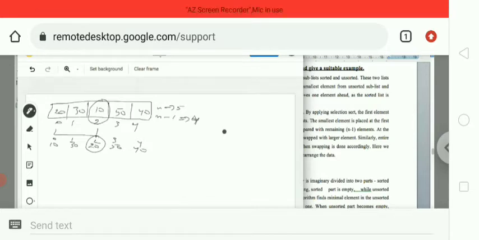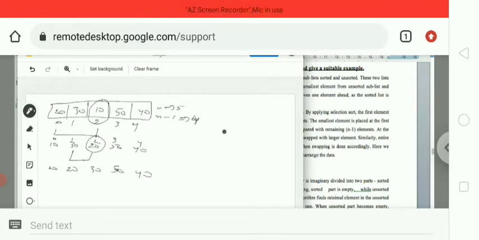In the 0th position, I swapped the first element, that is 10. Now I have to swap the second element into the next position, that means the 1st position. So I have to do swapping here again. So 10, 20, 30, 50 and 40.